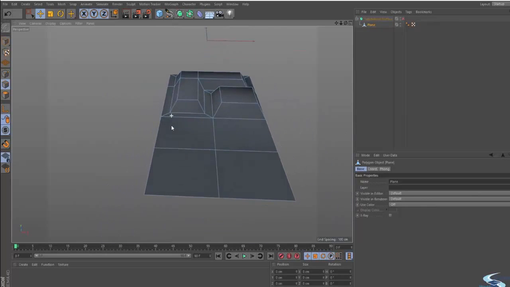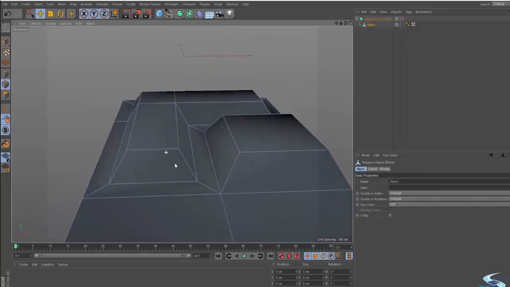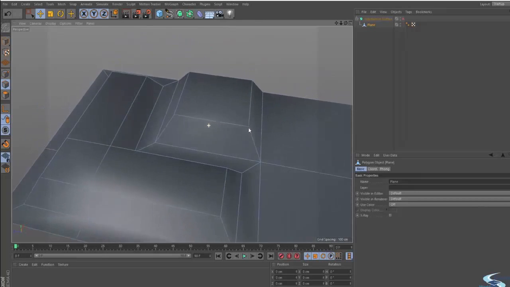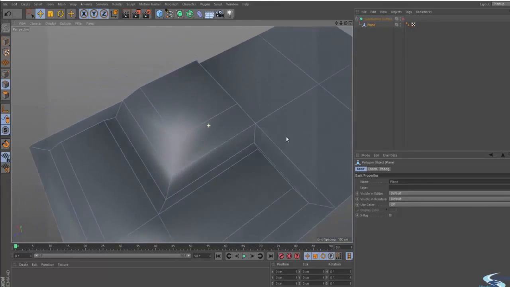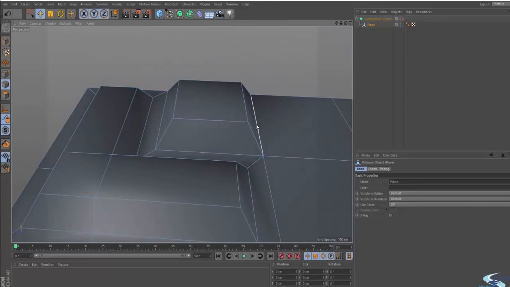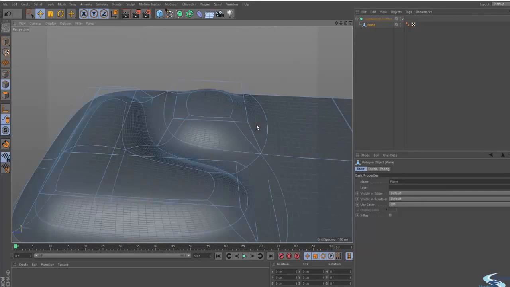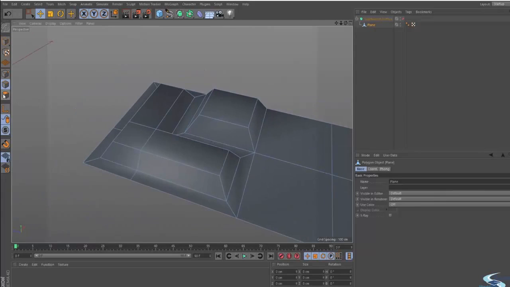And the way to avoid this, I wouldn't call it avoid, but a way to make your geometry more sharp is by using something we call support loops. So if I were to just